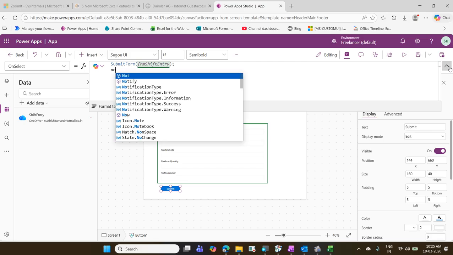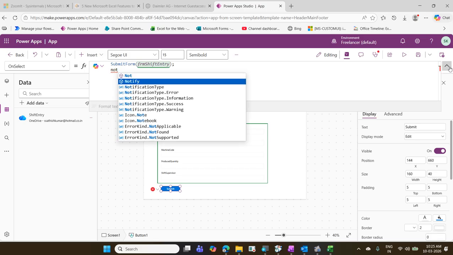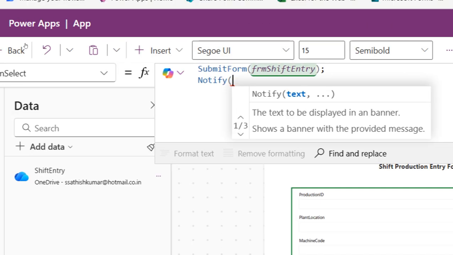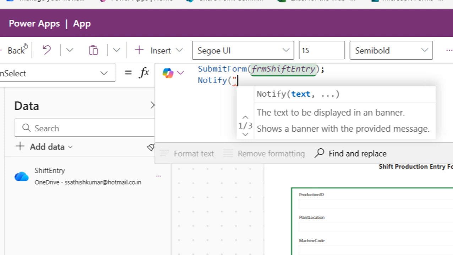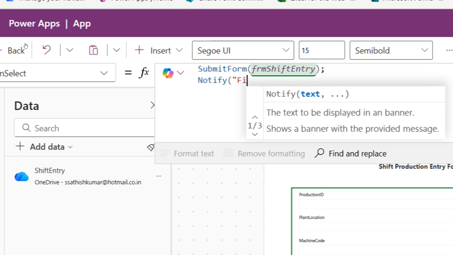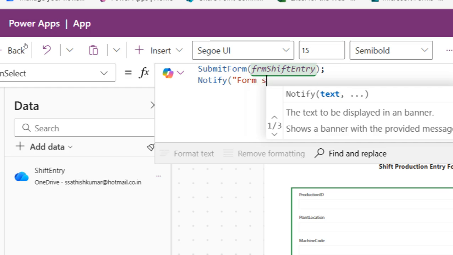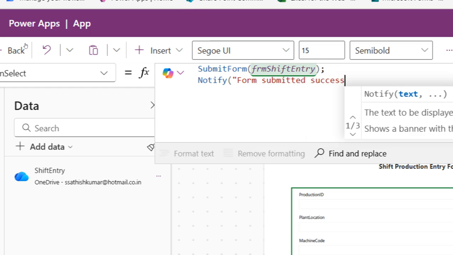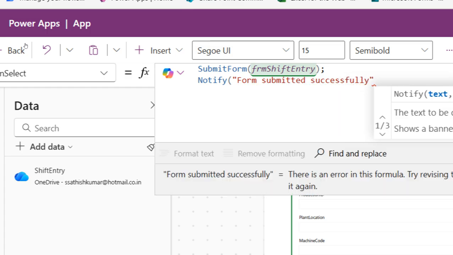Open bracket, notify, open bracket, within double quotes, I'm going to give some message. What is the message I'm going to give? It is the form submitted successfully. I'm giving some message here within double quotes. Since it's a text character, I'm giving double quotes. Form submitted successfully,